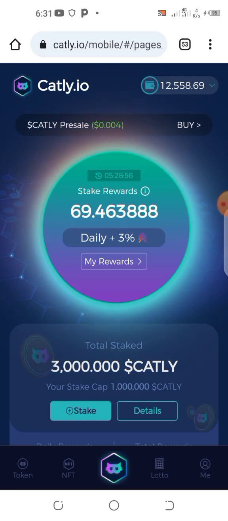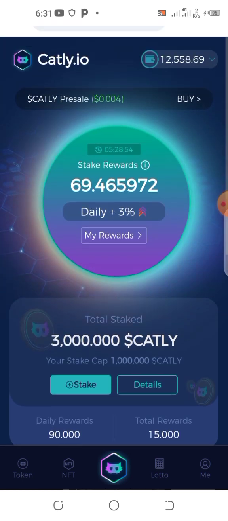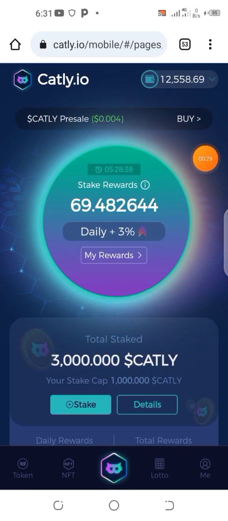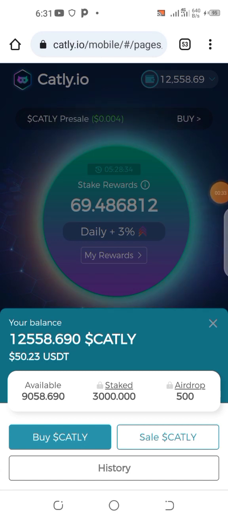So in this video I'm going to be showing you guys how you can stake your catly. After some investments, I've been able to get back my profit. I'm just going to click on this button right here. Let me show you guys something really quick. You can see right here I staked 3,000 catly, and after 15 days I was able to get